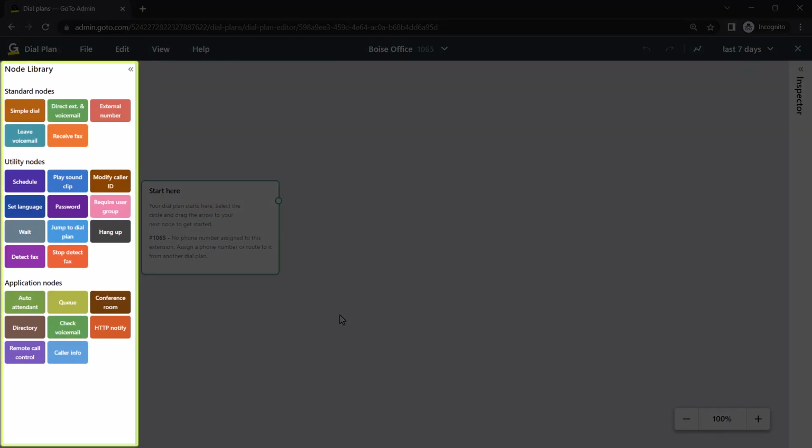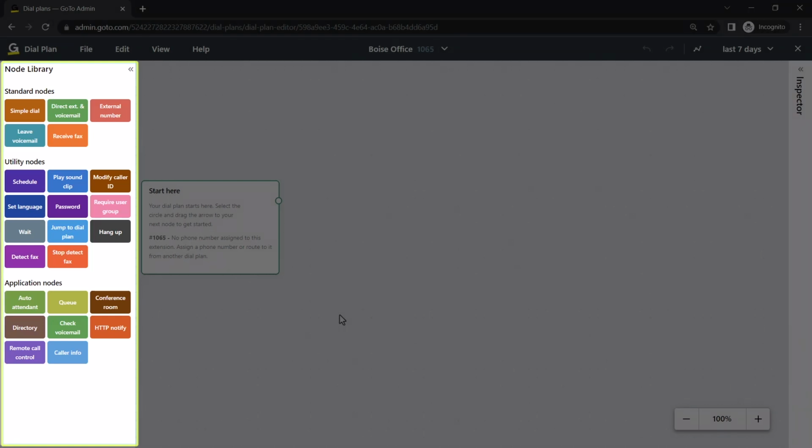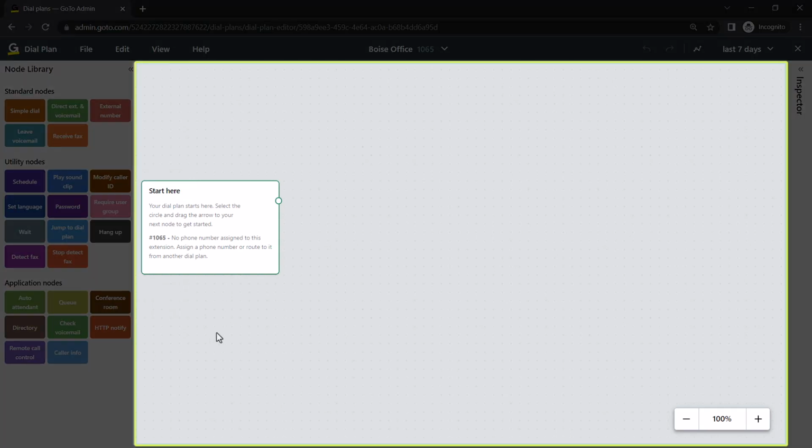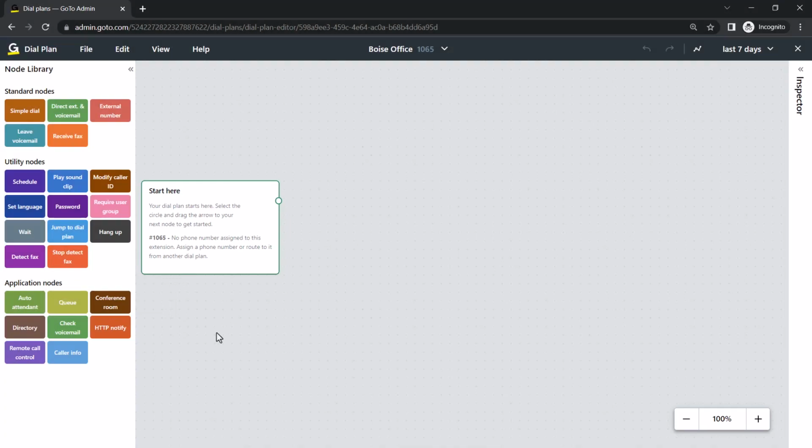This is where the nodes are located. They can be clicked and dragged to any desired location on the right. Also, you can hover over each node to read a brief description of its purpose. The area on the right is considered the workspace. Let's create a basic dial plan. Since a wide variety of nodes are available in the library, an infinite number of options are available when creating this plan. I will jump forward after adding several nodes and configuring them.